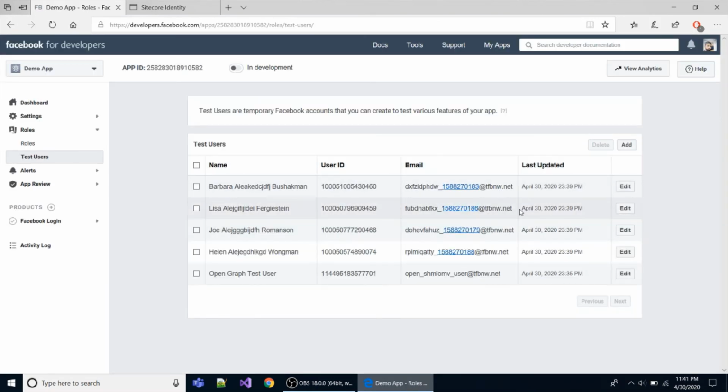You can see these four test users are created for me. I can use these users for testing purposes. There are many more things you can go through, but these are the basic things.